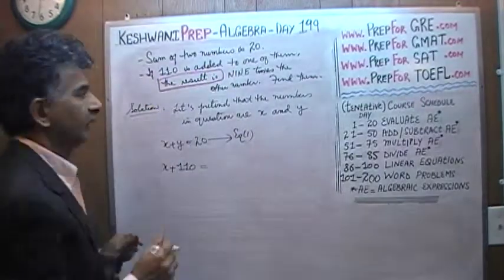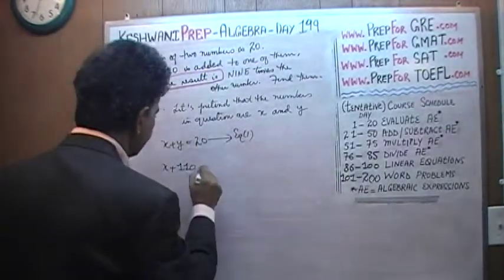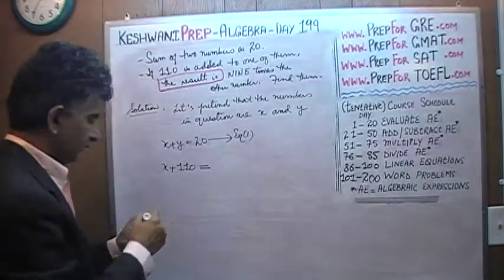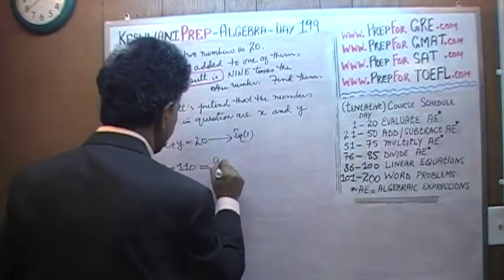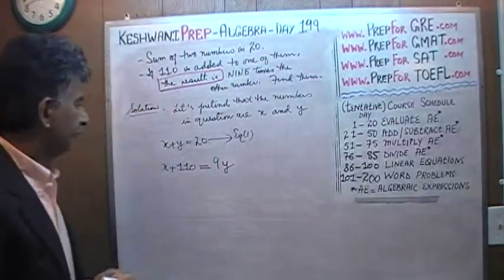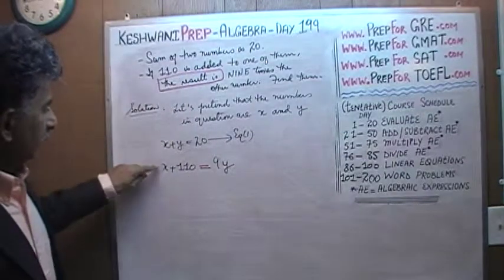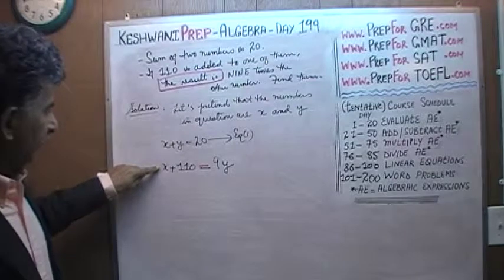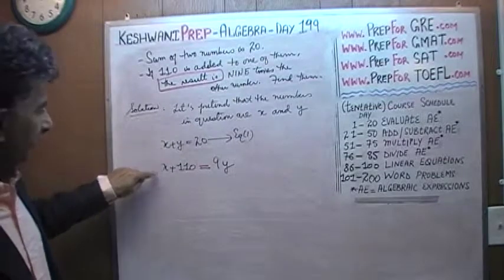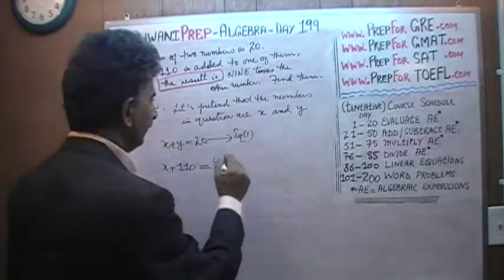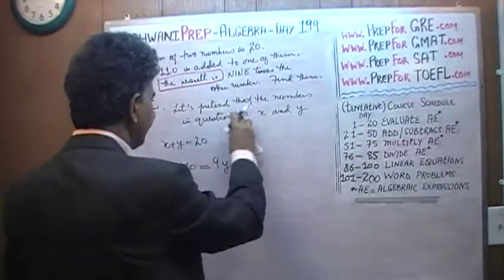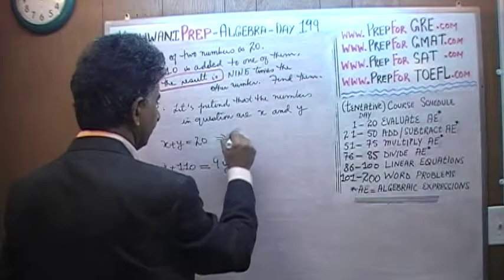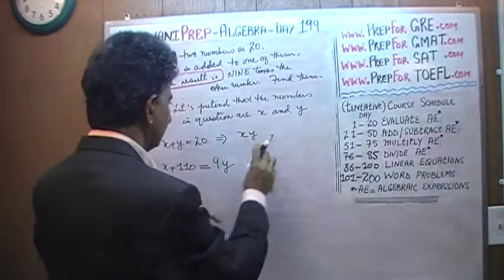And how do we translate that? The result is translated as equal sign. The result is 9 times the other. 9 times the other. That's all. So in this equation we have x here. Let's solve the first equation for x and put it in here. So equation 1 implies that x must equal